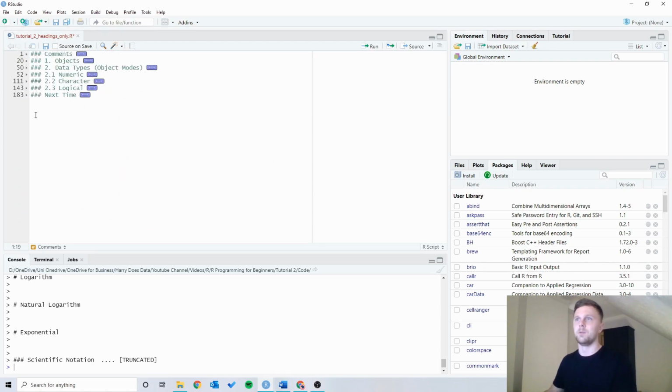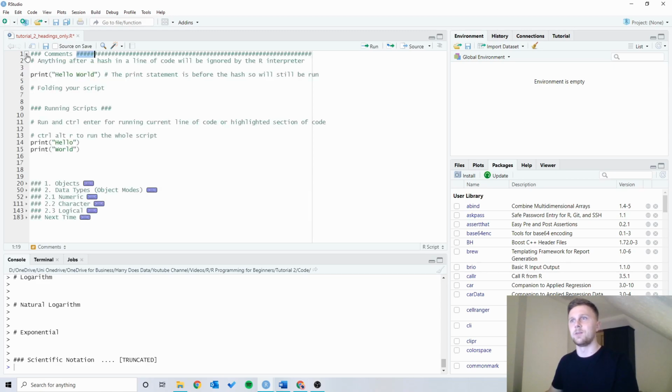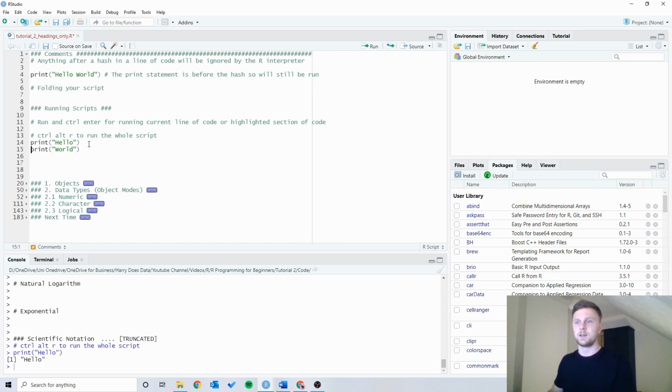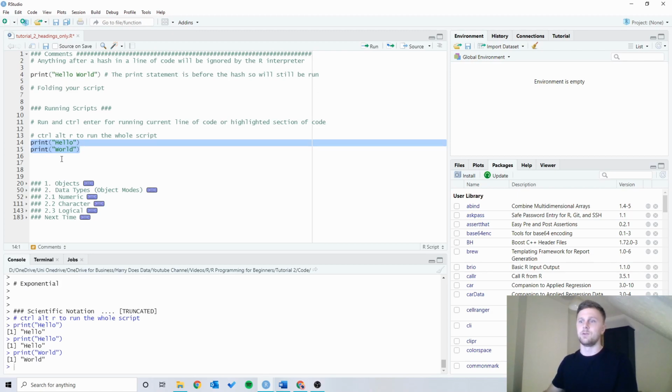So I'm just going to fold them all back up again. Check that we got nothing else in comments to talk about. Okay, so I'm going to go through running scripts as well quickly. If you want to run the current line that your cursor is on, then you just press Control and Enter. And as you can see, that will return hello. If you want to run a section of script, then you can highlight that section and again press Control Enter,